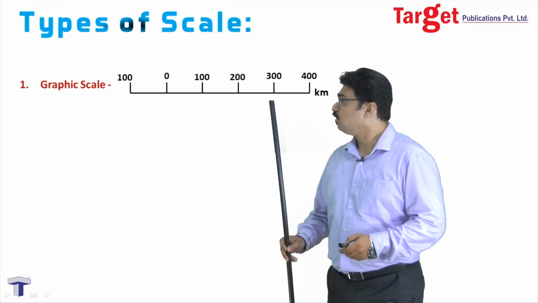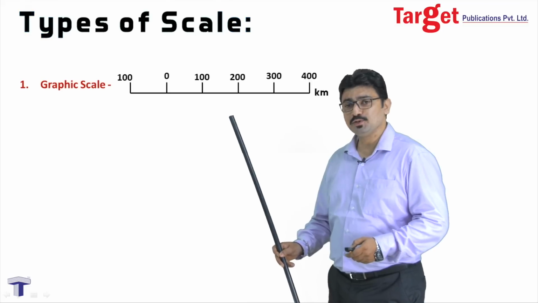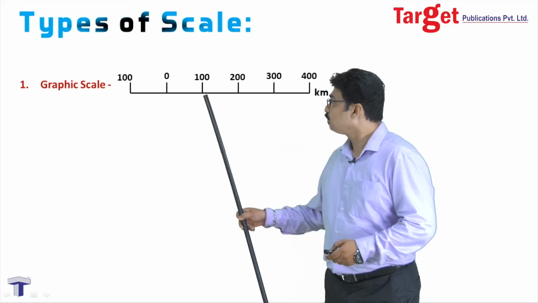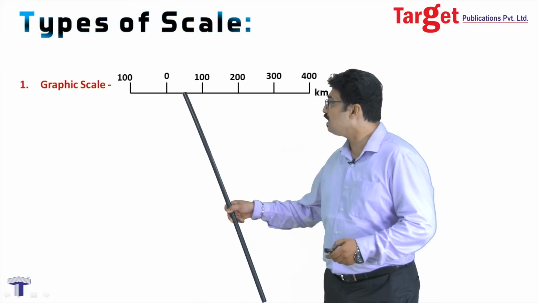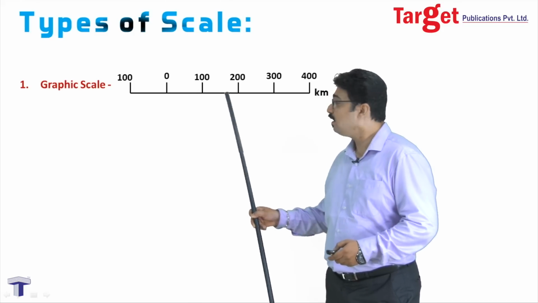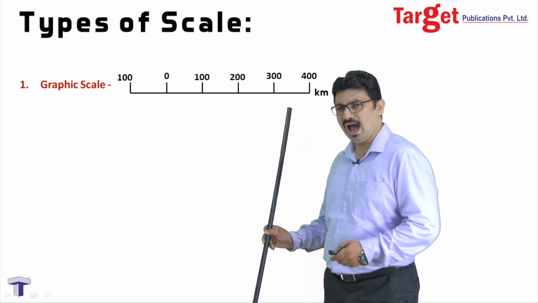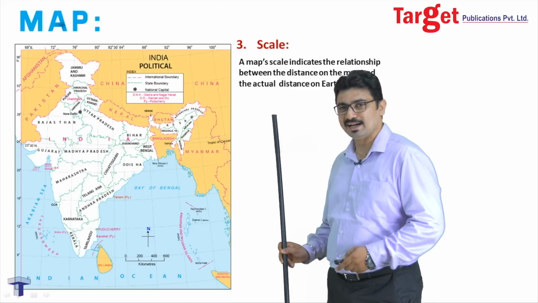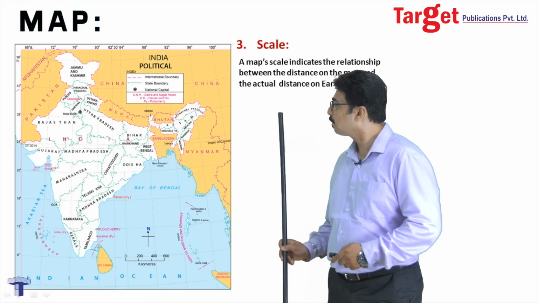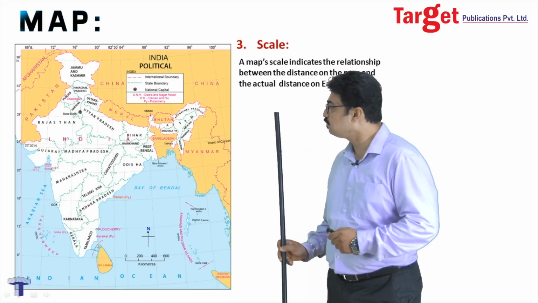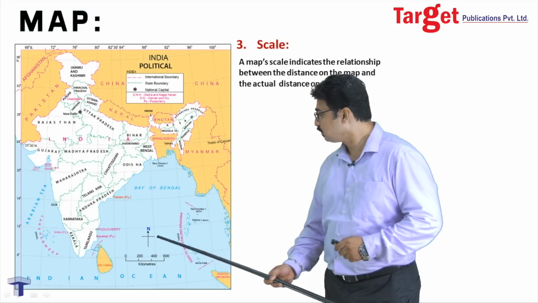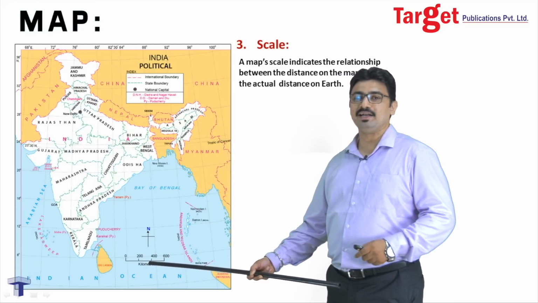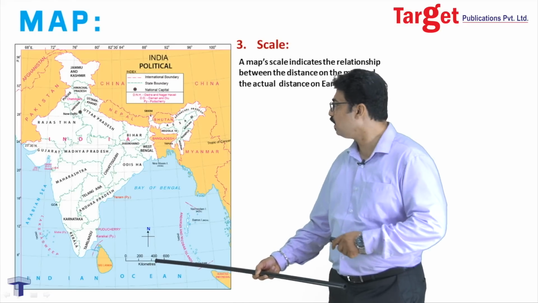So the first type of scale which is generally used is a graphic scale, where every centimeter, for example, in the given example, we have 1 centimeter equal to 100 kilometers. Have you seen this scale anywhere in the earlier maps? Let's go back one slide and see if we have seen this scale. So it was in this map that we have seen this graphical scale used to represent the region of India, right? So again, let's move ahead.